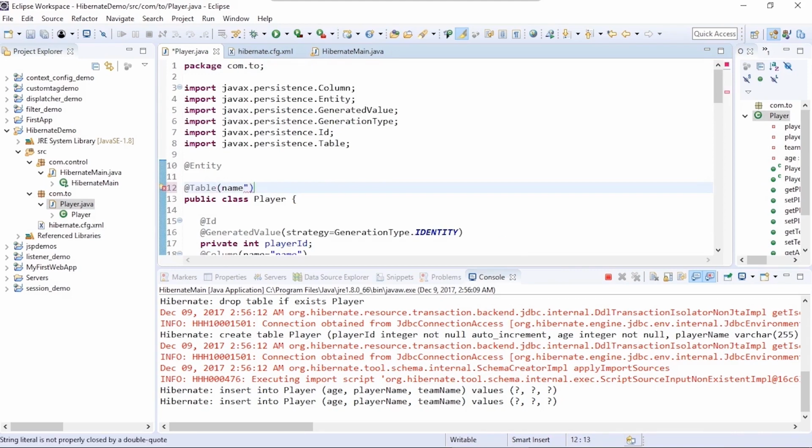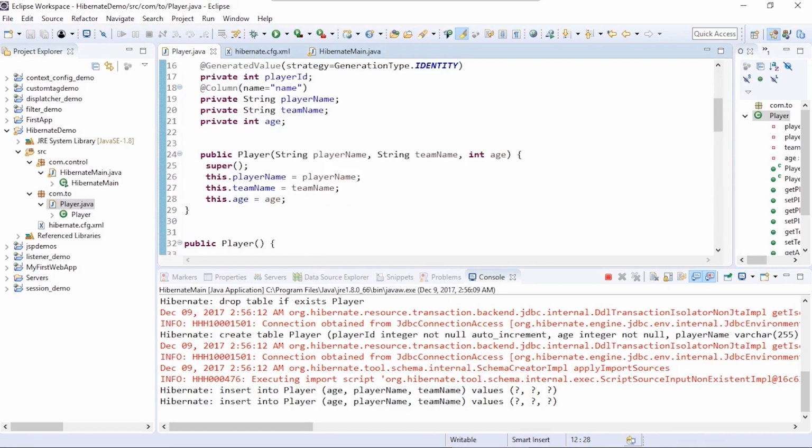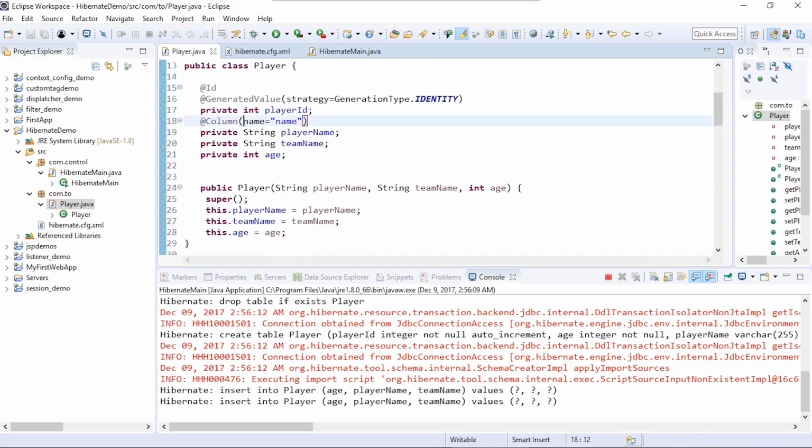So here we'll say name equal to player underscore table. So we've changed the table name from the database perspective that we want created. And for the column, if you want to put a constraint where you do not want null values to be stored, you can say nullable equal to false.